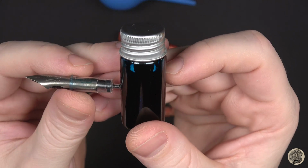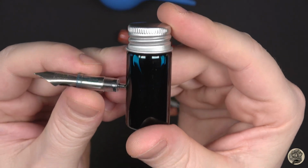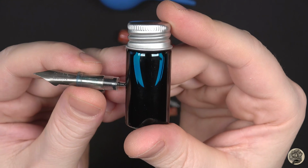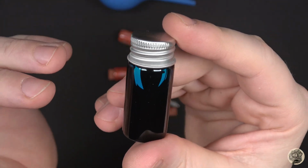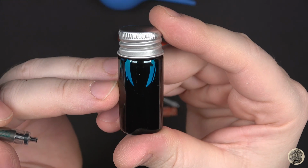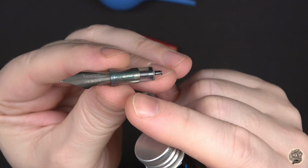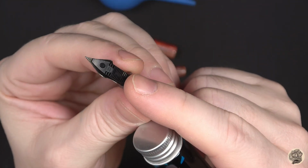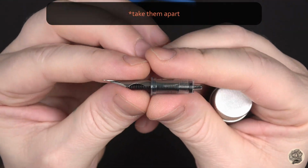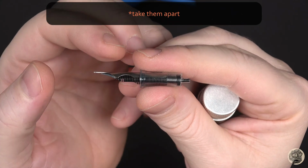There are a lot of inks out there. If you buy new ink, make sure that they specifically say that the ink is safe to use with your fountain pens. I like inks that don't have glitter or any other weird particles inside of them, because they can clog the feed and create a lot of issues. And in that case, you'll basically also have to take the nib unit and the feed out in order to clean them separately